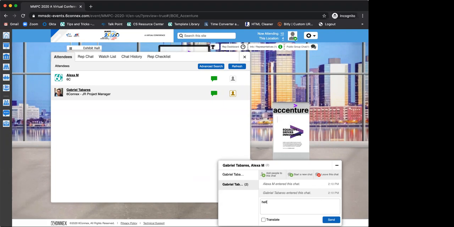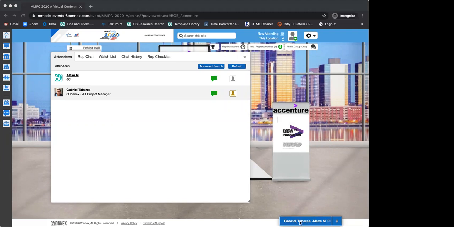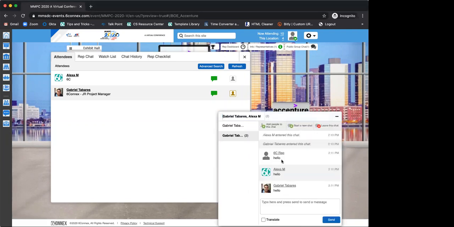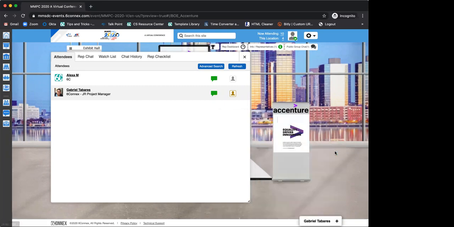So if, for example, I say hello here and I minimize this, once, in this case, Gabriel or Alexa reply back to me, you see that this starts changing colors. That means that you have a message. So just go ahead and open that, and then I can see the messages from them. If you wanna leave this chat, just click leave this chat, and voila, you're gone.